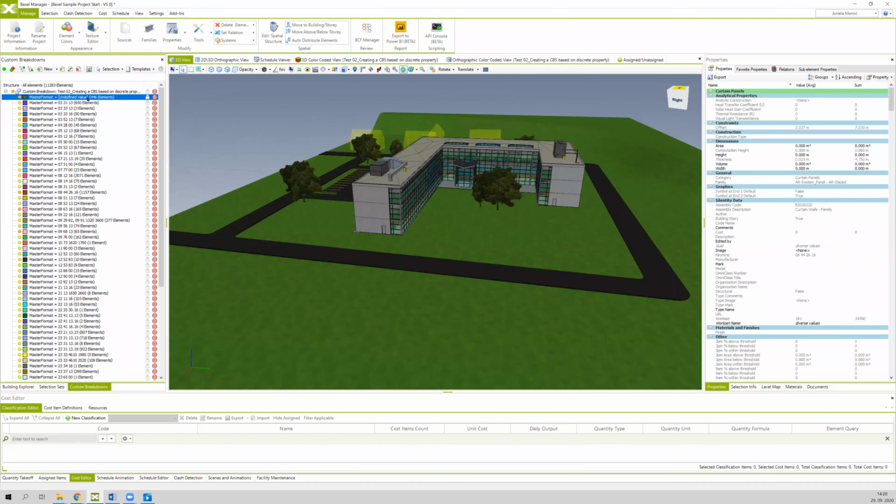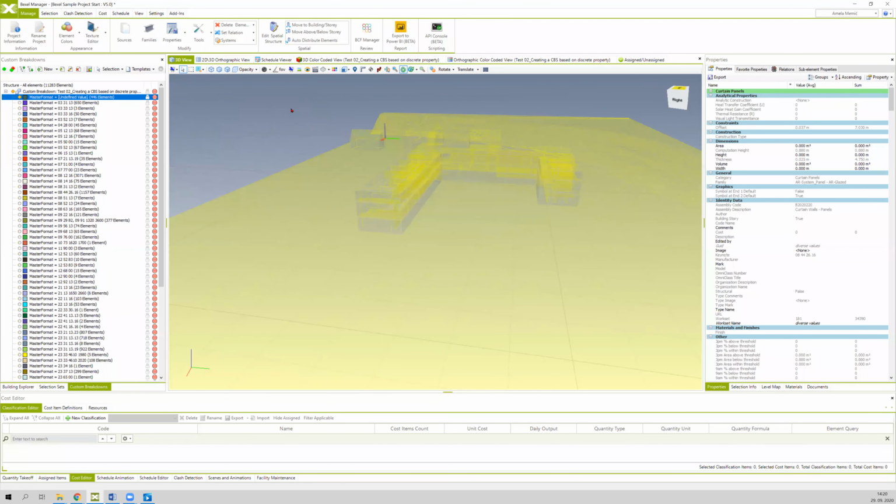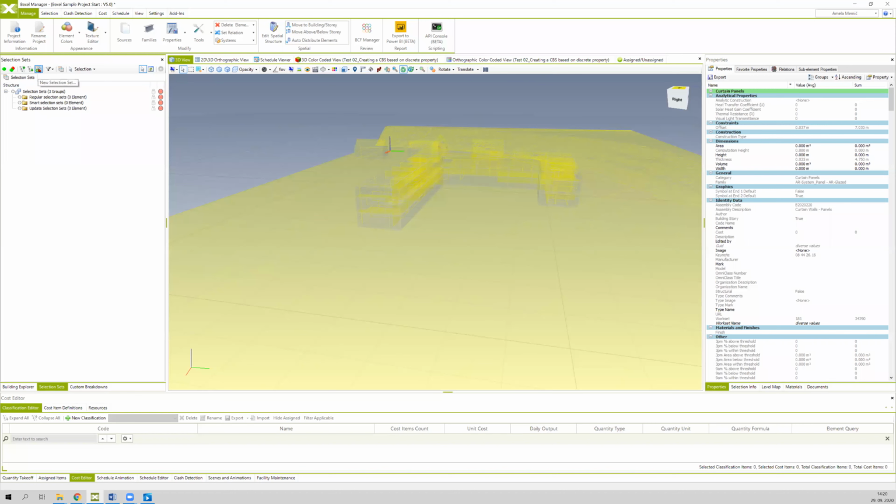So click on this group, so it colors blue, and then go to the viewport and right-click in the empty space, and the contextual menu opens where you choose the option Isolate and then Selected Elements. So now if you go to the Selection Sets palette, click on the New Selection Set command within the Selection Sets command line,